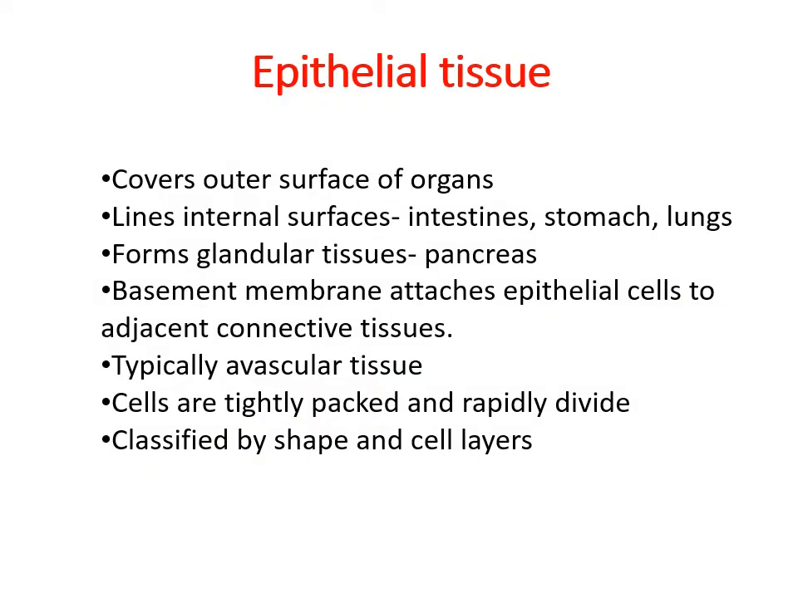So what is epithelial tissue? Well, that is the tissue that covers the outer surface of organs. So it's going to be the lining of internal surfaces, such as the intestines, the stomach, the lining of the lungs on the inside, and also the outside of the lungs. All the glandular tissues that secrete into the intestine, such as the pancreas, would be considered epithelial